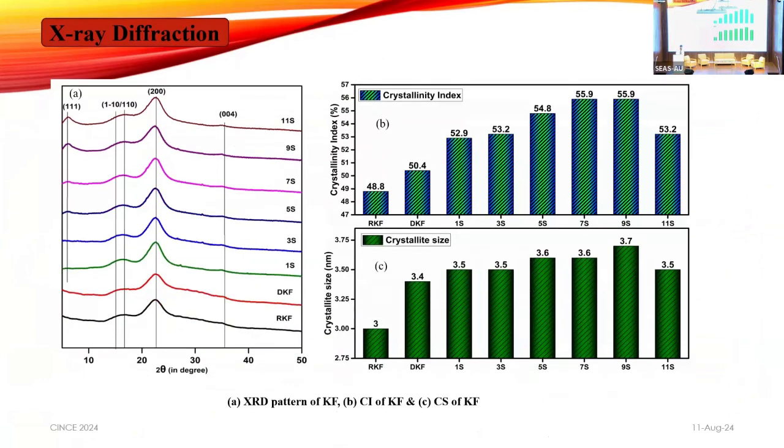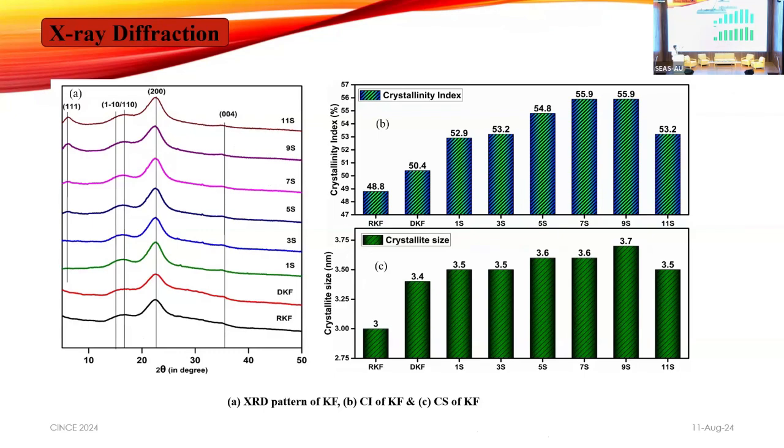So before investigating the properties of the composites, we first investigated the properties of those fibers, and how this chemical treatment affects their structure. Here you can see that first we investigated XRD. There is an extra peak introduced at 6.360 degrees. This is due to the silane. Silane has a polymer structure, and due to that polymer structure, one extra peak is introduced.